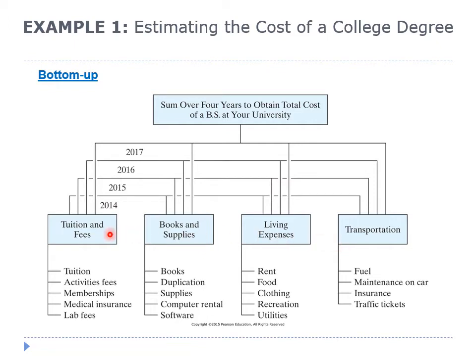Underneath each of these categories, we can have further details of the different costs. Tuition and fees can be estimated fairly accurately in each year, as can books and supplies. Suppose that the average cost of a college textbook is $100. You can estimate your annual textbook cost by simply multiplying the average cost per book by the number of courses